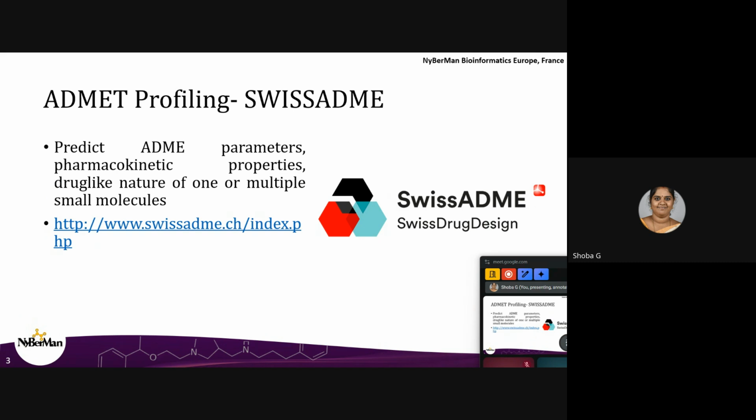And after PubChem, we will be screening the compound nature, that is, the pharmacokinetic parameters, as our ultimate aim is to create a drug-like molecule. So we need to do the compound screening. Either we take a single compound or multiple compounds for our research work, it is mandatory to check the pharmacokinetic properties. Pharmacokinetic properties are nothing but ADME properties: absorption, distribution, metabolism, and excretion. In addition, the toxicological parameters also need to be verified